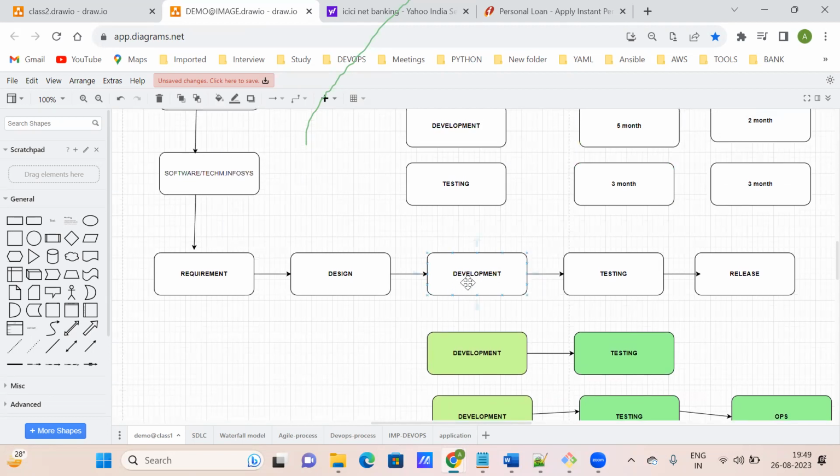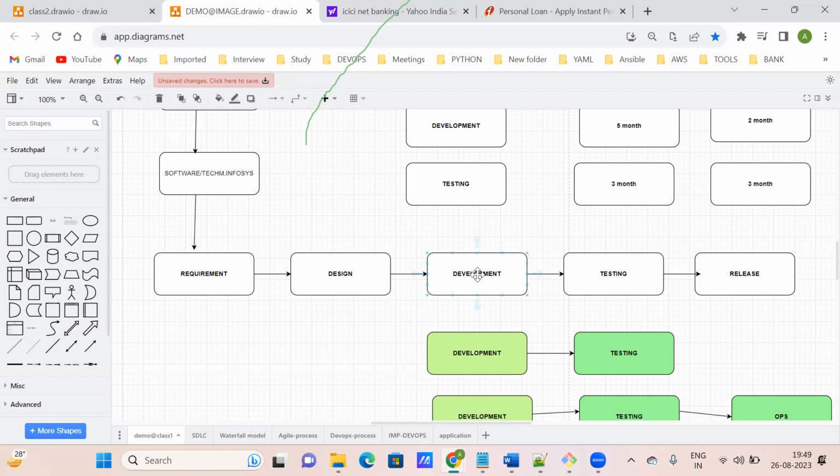So once development is complete, it is already constructed, correct? But some team will be there to test it. That is called the testing team. So what are they going to do? Based on your design, they check whether your development was completed the same way or not. The testing team will validate that.